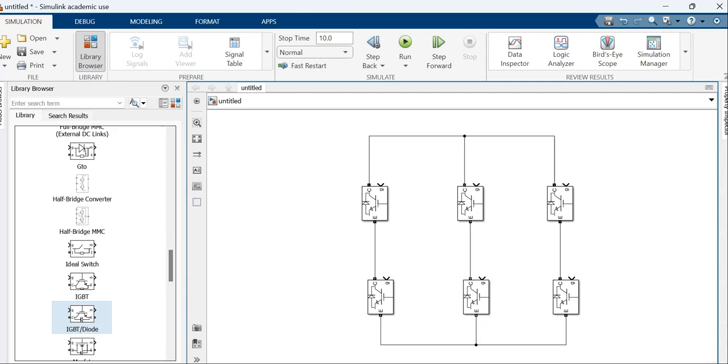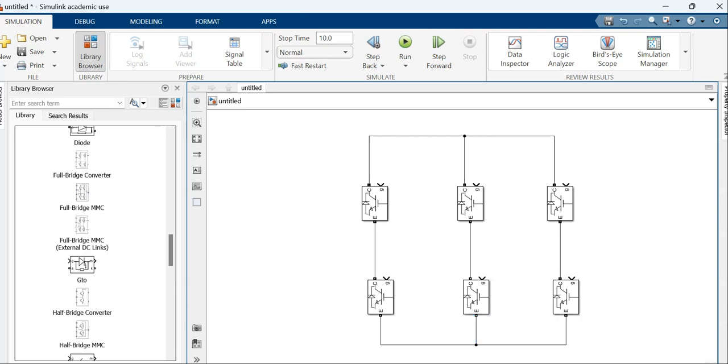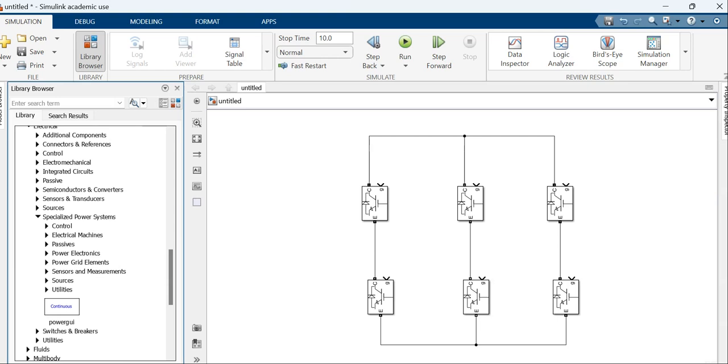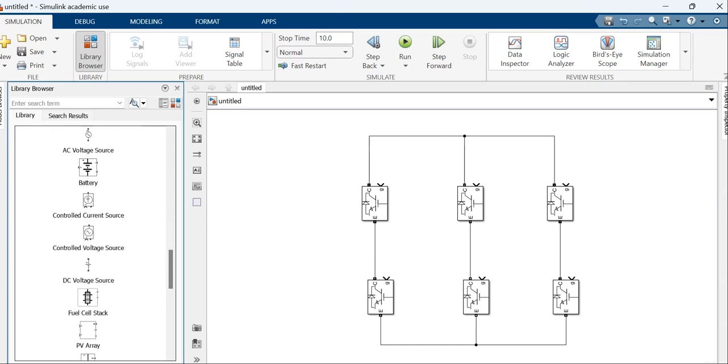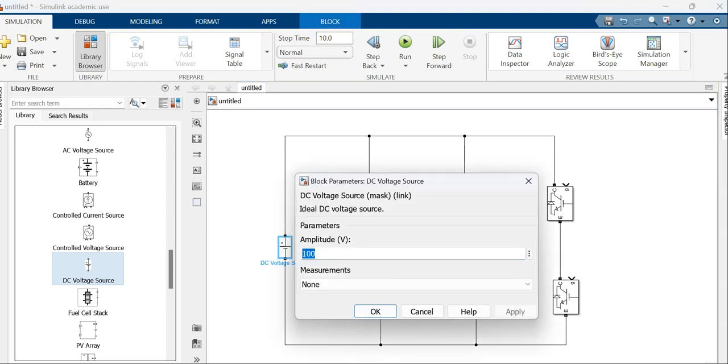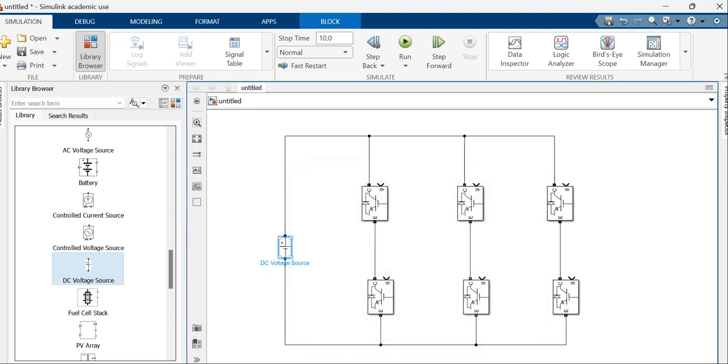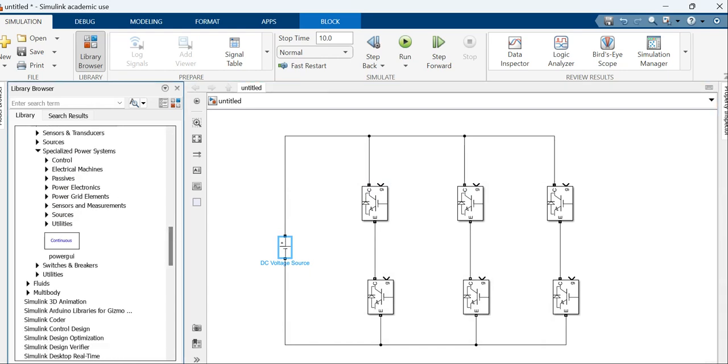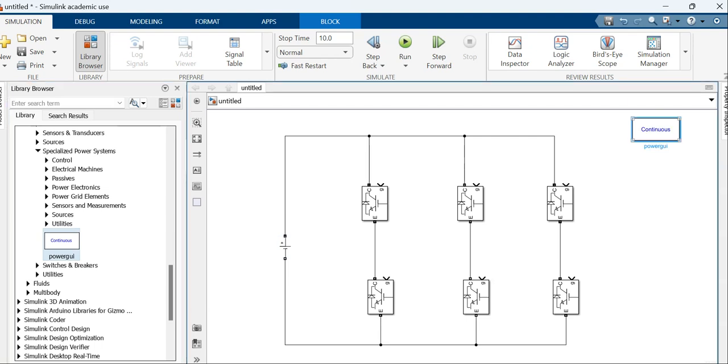Now I need a DC source, for which again you go to sources. Under sources you have a DC source. Take this DC source, connect it to the top and bottom of the three-phase inverter which we are trying to design. Double click on this, give an amplitude of 650 volts as DC supply, and I need a power GUI. Since this is all power electronics based, I take a power GUI,